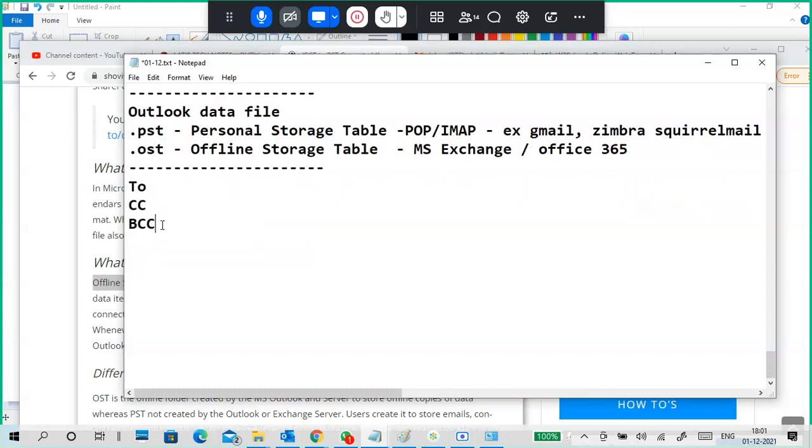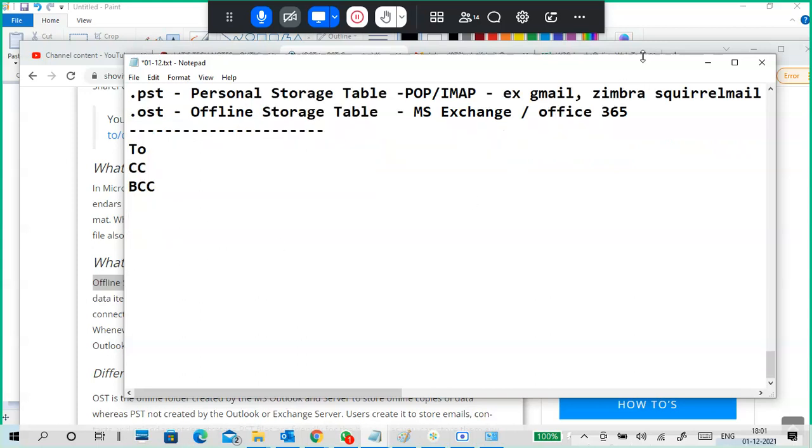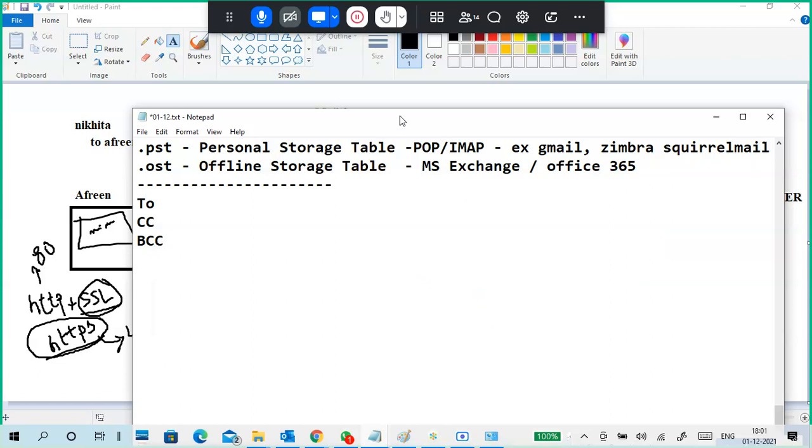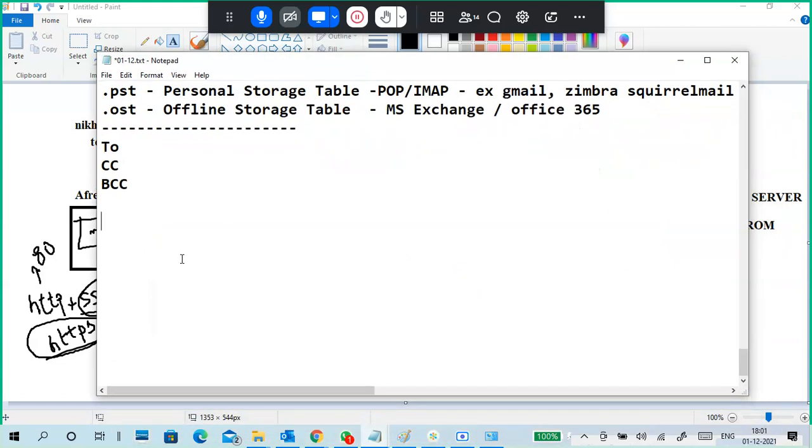For example, you are sending a mail to me and also to Sai sir. Both will receive the same mail with two addresses, and I know Sai sir also received the mail.